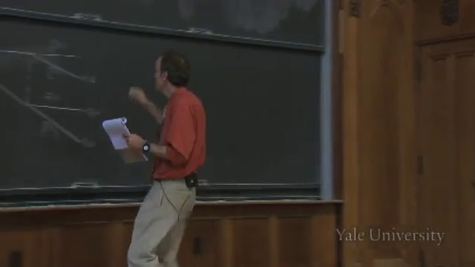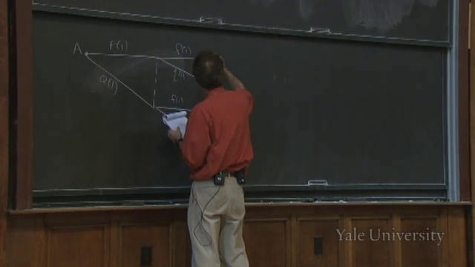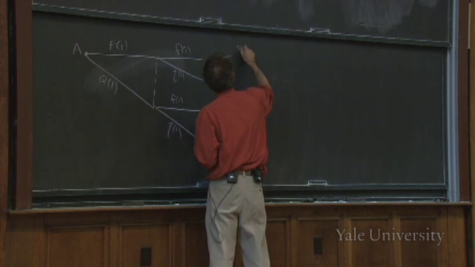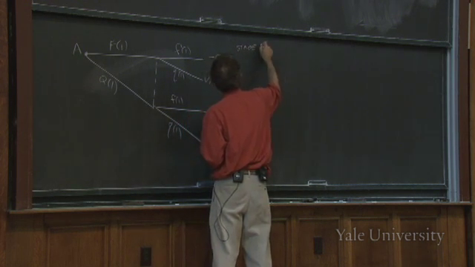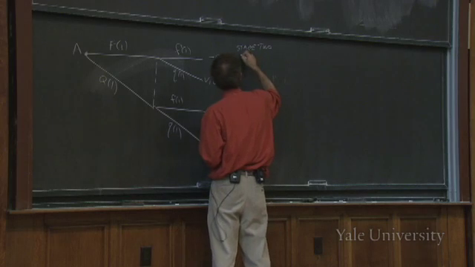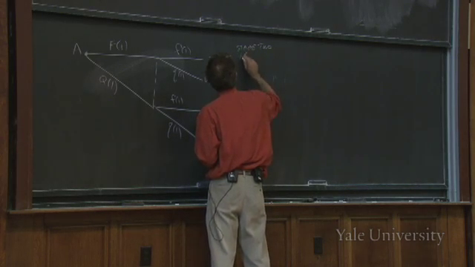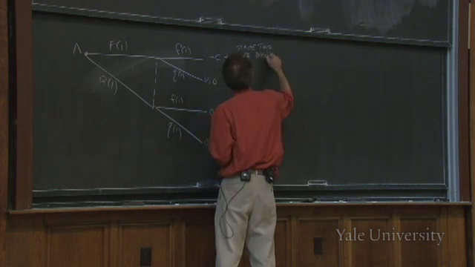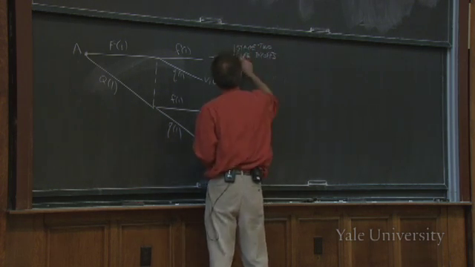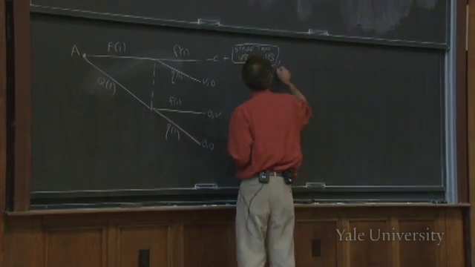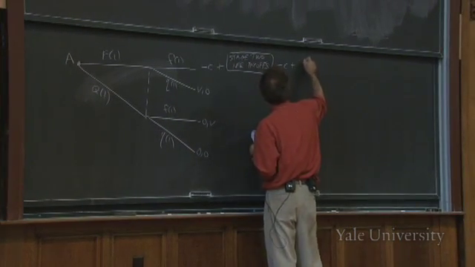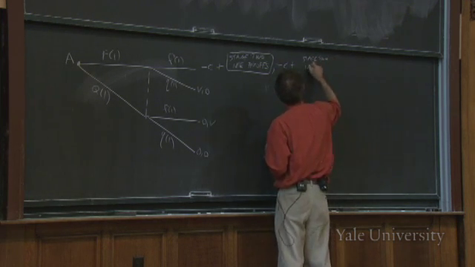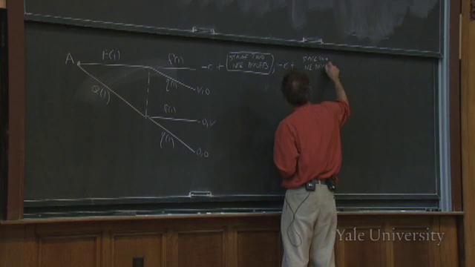So here the payoffs are going to be minus C plus stage 2 Nash equilibrium payoffs for player 1, and minus C plus the same thing, stage 2 Nash equilibrium payoffs